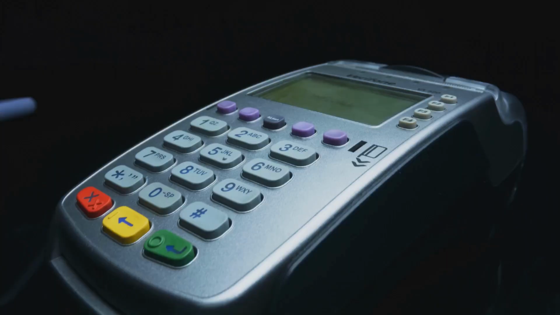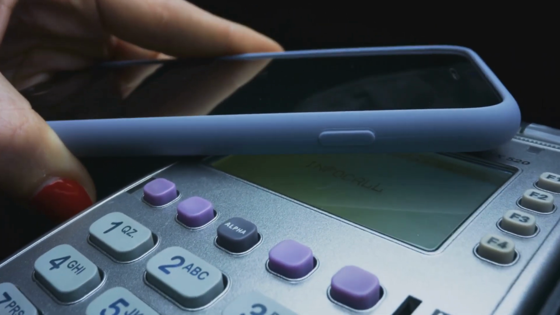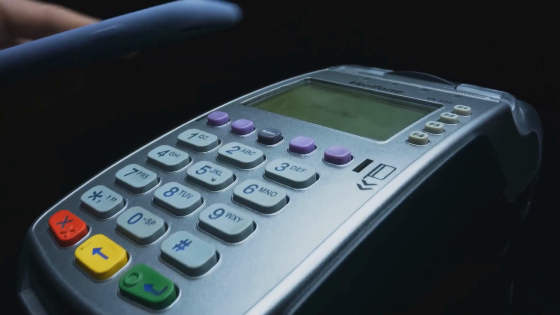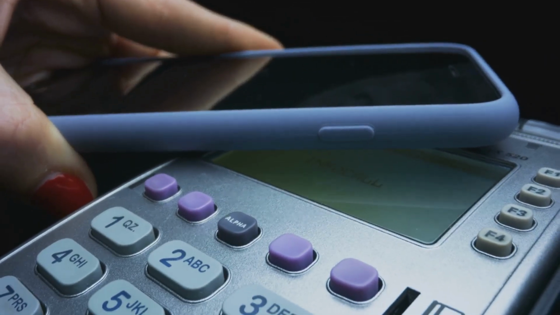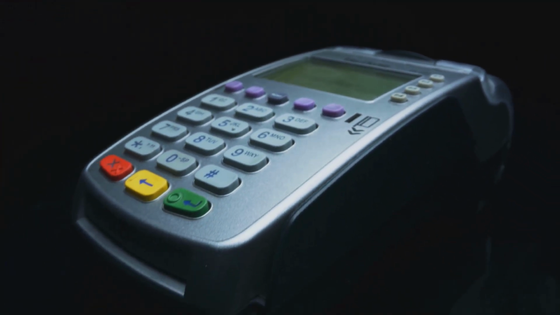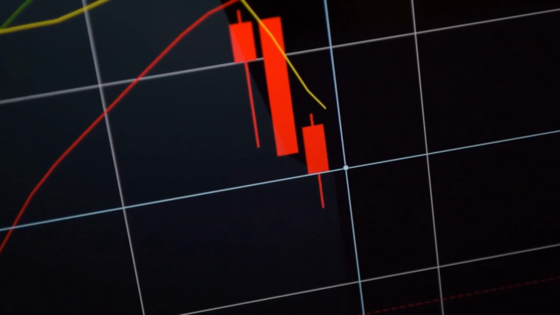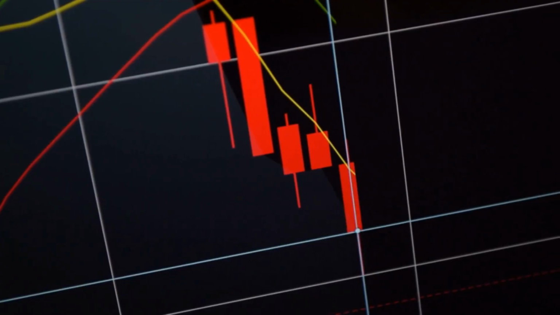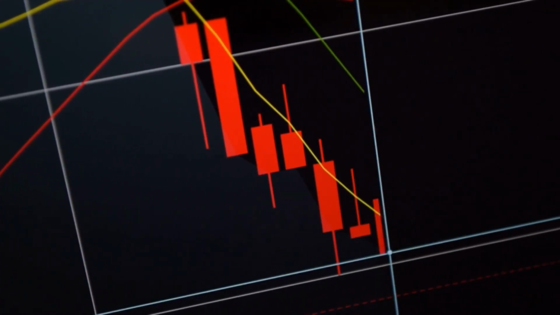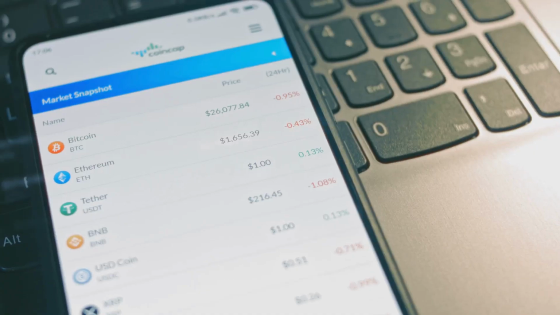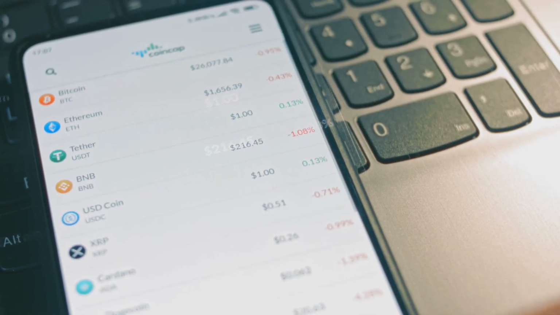Transaction fees. If you're paying per transaction, small and frequent purchases can eat into your returns, like buying a $1 coffee but paying a $3 delivery fee. No bueno. Doesn't guarantee profit. Let's be real. If you're investing in bad assets, no strategy can save you. It's like trying to DCA into a failing company. Ouch.